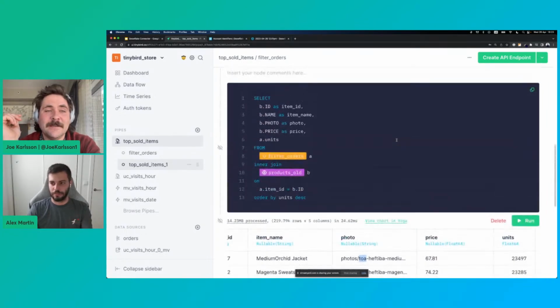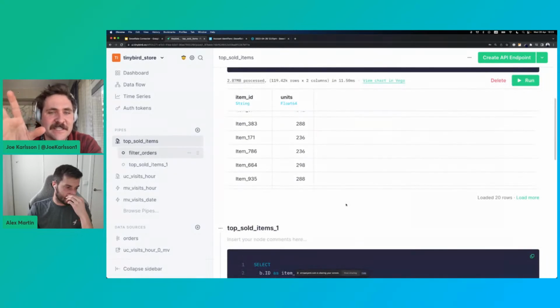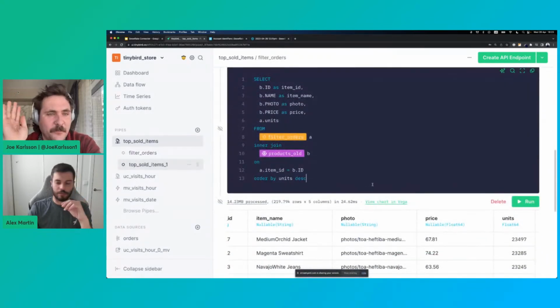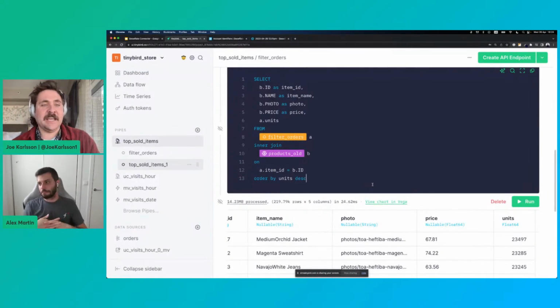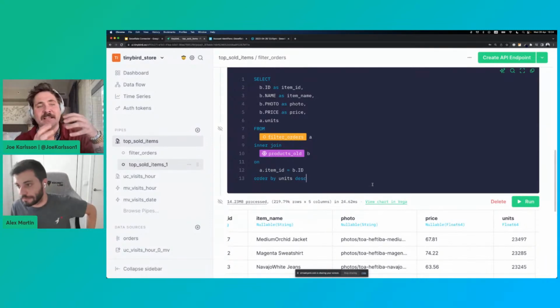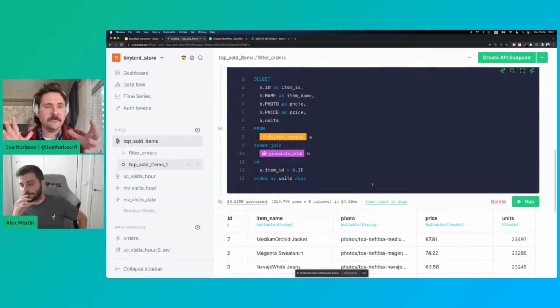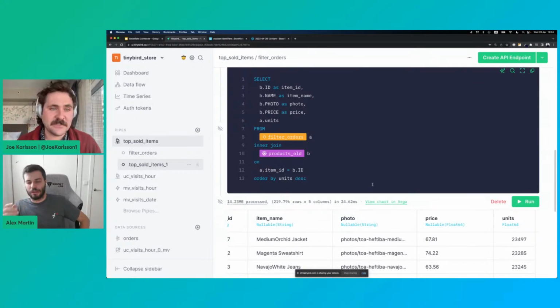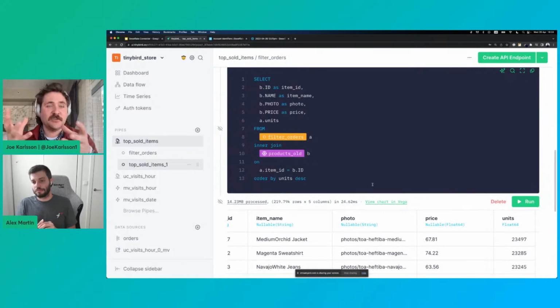Just as an example. Let's just take a breather here. I just want to recap what you just did real fast. Yes. So you were able to take in a Kafka stream of orders happening in real time. And then we were able to use our Snowflake connector to hydrate that data with our product information that we have in the data warehouse. Yes. And then we're able to join those two together in Tinybird and then get these results super quickly from both the data stream and